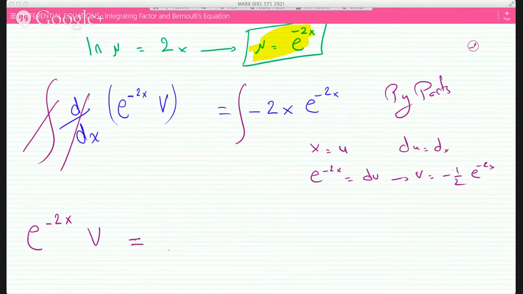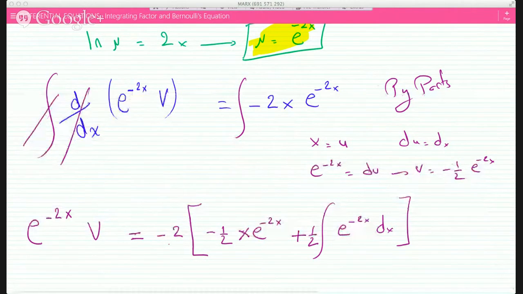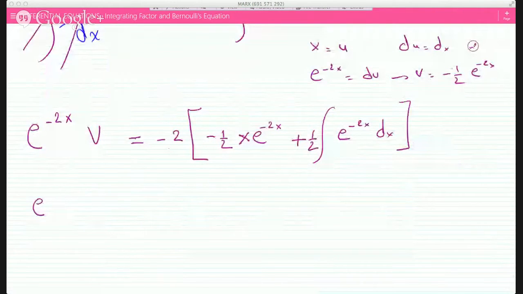So we have a minus 2 sitting outside, and x e to the minus 2x becomes uv, so that's minus 1/2 x e to the minus 2x minus the integral of v du. So minus 1/2 becomes plus 1/2 e to the minus 2x dx. And we're getting close here, so we get plus c, of course. So e to the minus 2x v